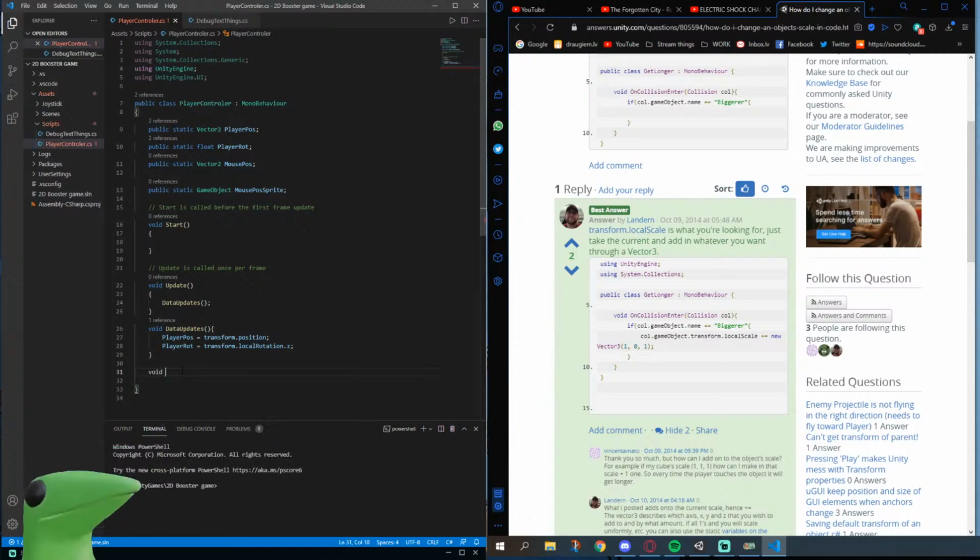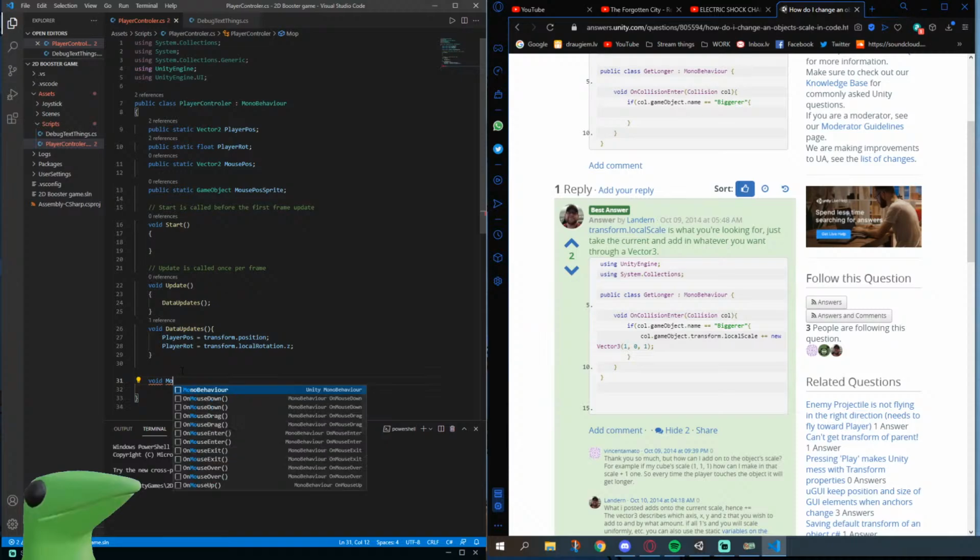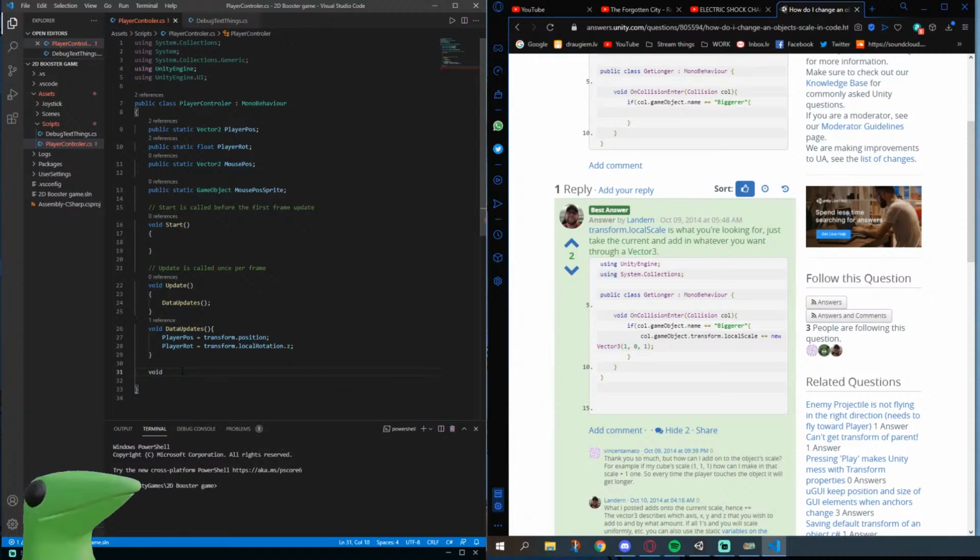Void MouseSpriteUpdate. Okay, MouseSpriteUpdate. Update, and this is gonna be